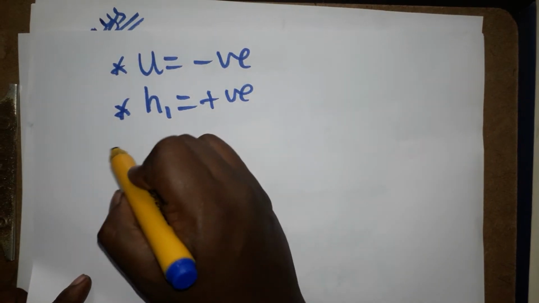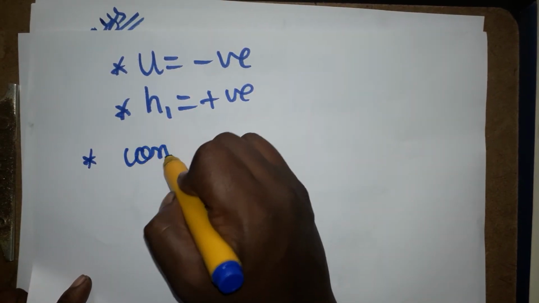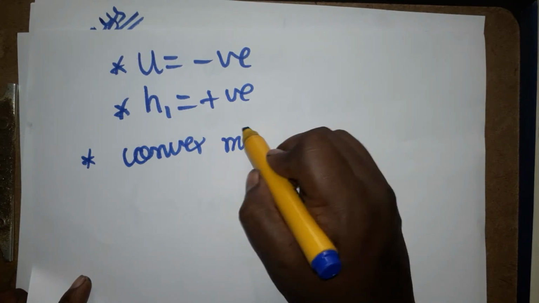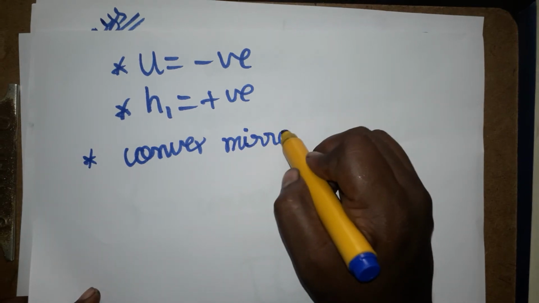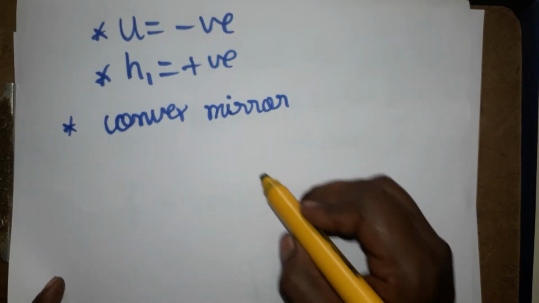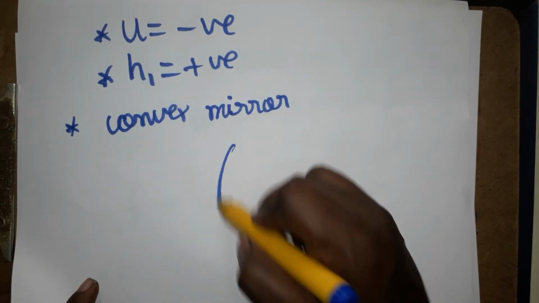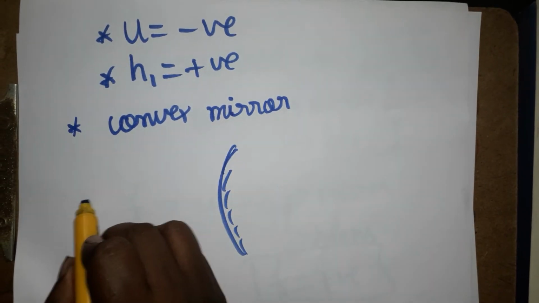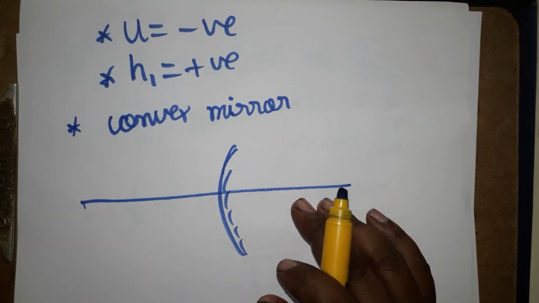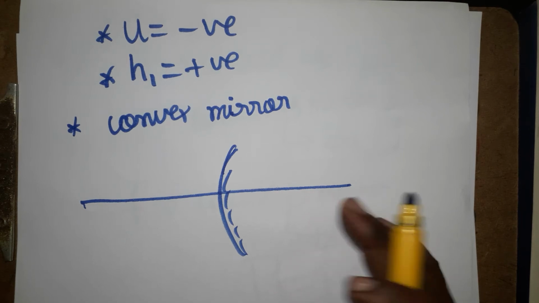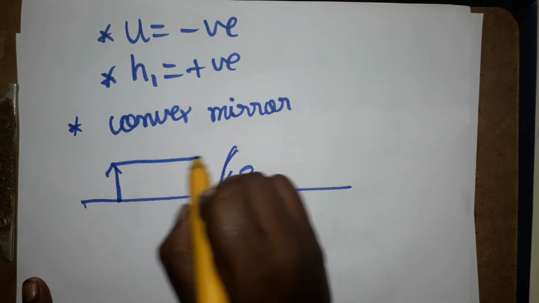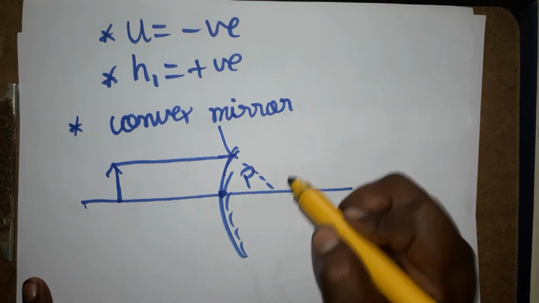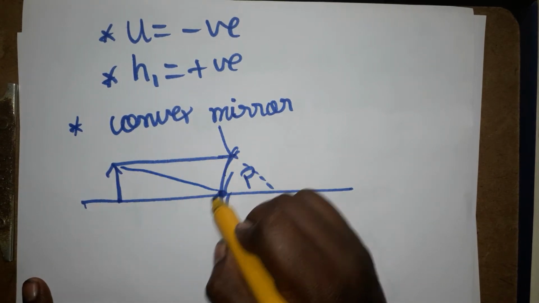Then I take the convex mirror. There are four optical devices: convex lens, convex mirror, concave lens, concave mirror. In case I take the convex mirror, see here what I am going to do. The condition is fixed. For a convex mirror, there are two cases, one of which is the infinite case. We won't get a problem in that; if you ignore the infinite case, we get only one case. This is the pole center, and I placed the object here. The parallel ray will reflect away from the principal focus, and the center ray will reflect like this.